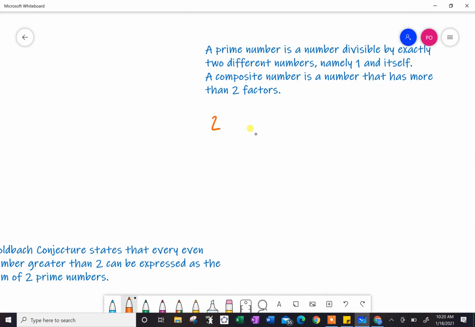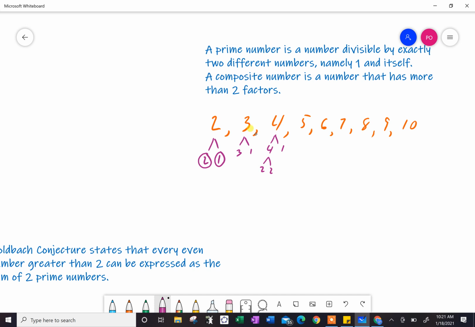So like I said, we're not going to start with 1 because 1 is not divisible by 2 numbers. It's divisible by 1 and itself, but 1 is itself. So here's the problem. 2, the only numbers that multiply to 2 are 2 and 1. So 2 is prime. 3 is 3 and 1. 4 is 4 and 1, but it could also be 2 and 2. And you can see how I'm writing this. If I'm making these factor trees, or as they're called in